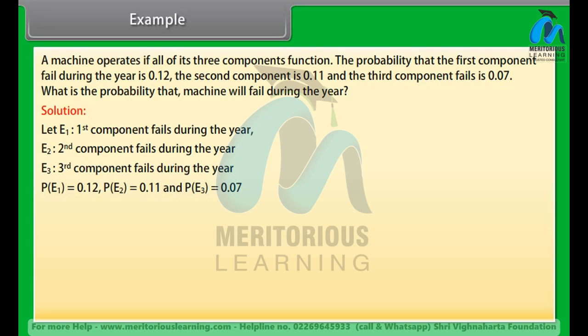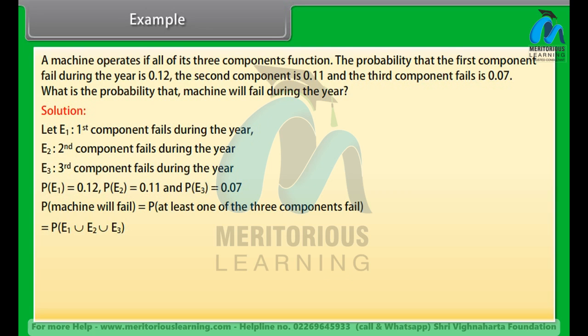And P(E3) is equal to 0.07. P(machine will fail) is equal to P(at least one of the three components fails) is equal to P(E1 union E2 union E3) is equal to 1 minus P(no component fails) is equal to 1 minus